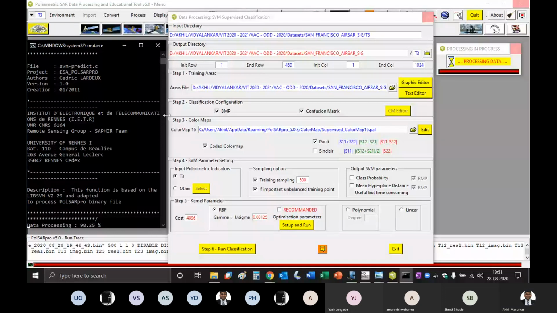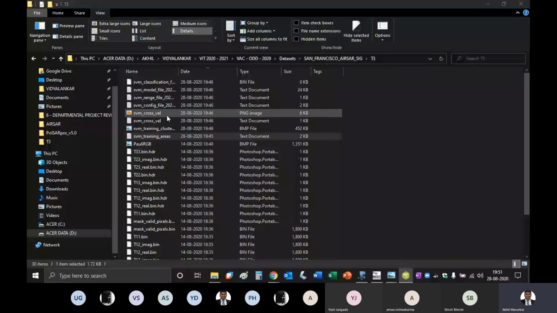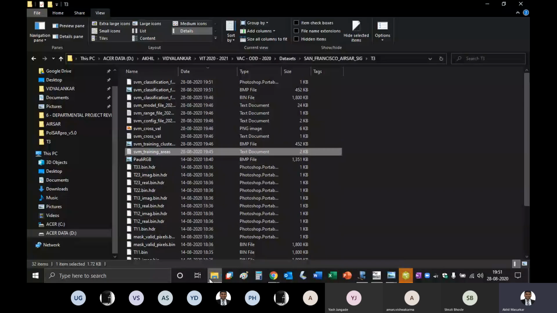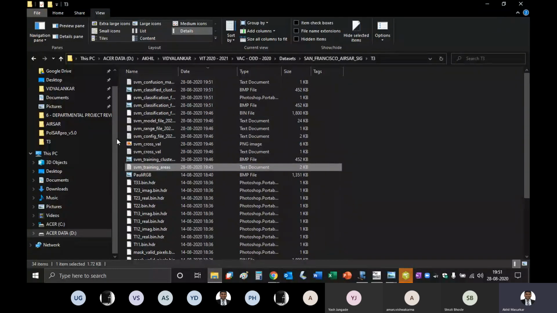Okay, so almost done. Yes. So we can have a look at the different files generated here.